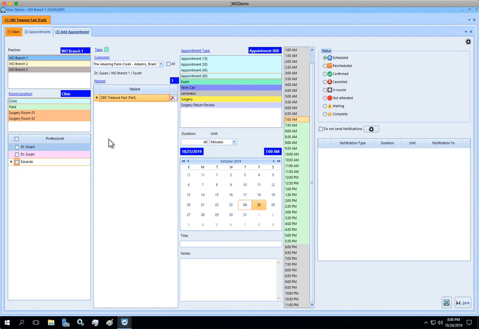Now, the advantage in this case is that because I'm coming from the patient, WISE option already knows which patient I am talking about, and the owner of that patient is also suggested here on top. So next, what I have to do is just pick a doctor. The clinic is already selected for me. I am going to say here just a return